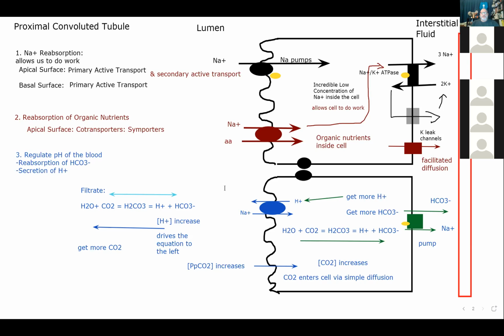So this is an antiporter. Antiporters are secondary active transporters. They do not directly use ATP. Instead, they use the energy of another molecule to do work. So in this case, they are using the energy of sodium wanting to come in to kick the hydrogen out. However, remember, these antiporters only continue to work if we later use energy to get rid of that sodium, so